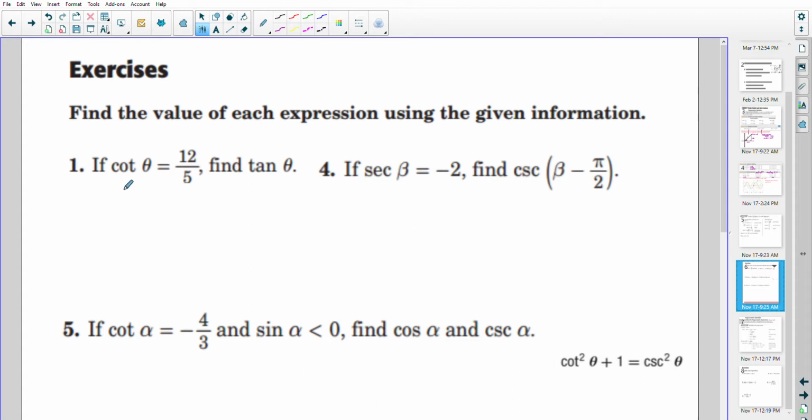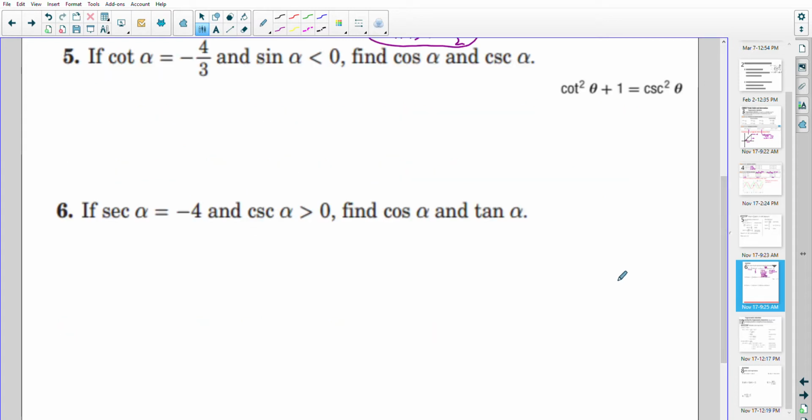So the first problem, I see that you're given the cotangent theta is 12/5, and the question is what's the tangent theta? I can see the tangent theta and cotangent theta are reciprocal identities, so I know the tangent theta is just 5/12. And that's all there is for that problem. Looking at number 5,